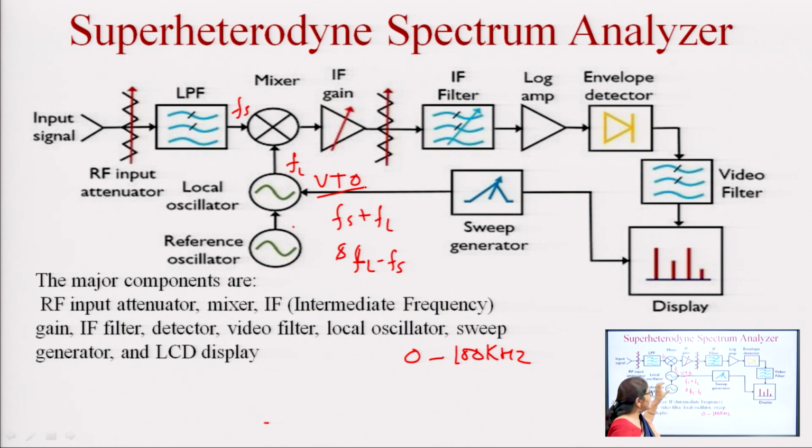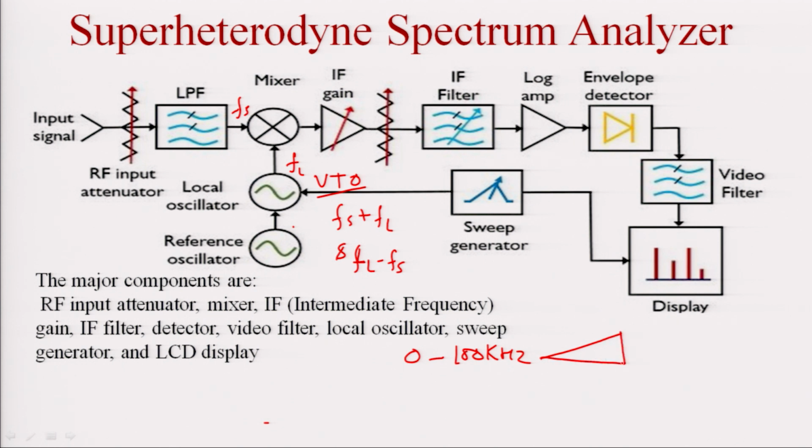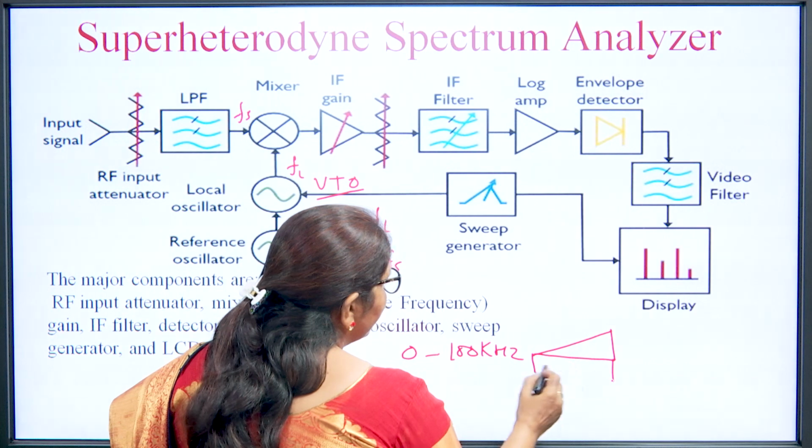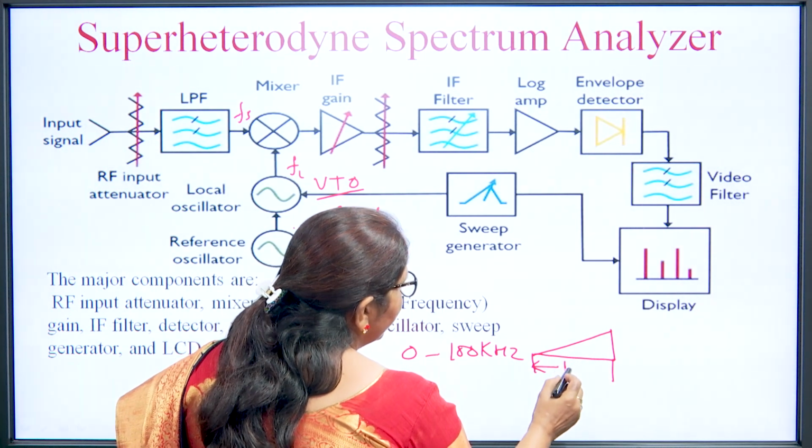So, the reference oscillator will produce a frequency, but that frequency is controlled by the local oscillator, and it is controlled by the sweep generator. Suppose we want to display this 0 to 100 kilohertz signal on the screen. This is, suppose, a ramp signal. So, from here to here the total display will be 100 kilohertz,